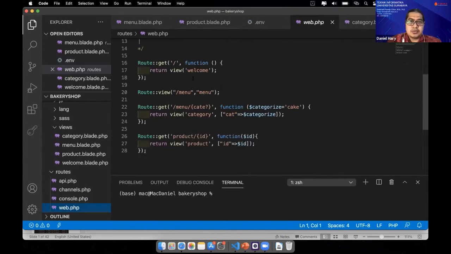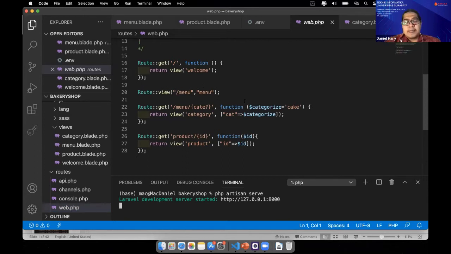There are 4 routes: the welcome for the root URL, and then slash menu for opening the menu page, and in the menu there are 2 categories, cake and pudding. I will show you with php artisan serve. Actually, I cut it from your homework.